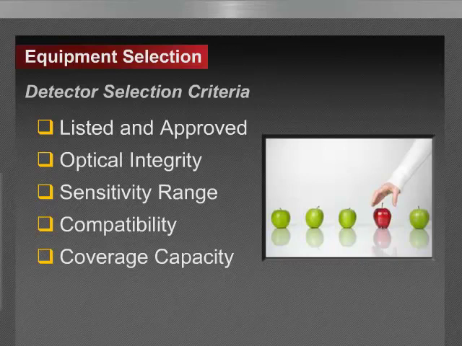So as an example, a perfect example would be selecting a detector rated for up to 8,000 square feet, for instance, and applying it in an area or object that could have been served with a 2,500 square foot rated detector. So on the flip side, imagine applying multiple 8,000 square foot detectors to serve an area that could have been served with a single 20,000 square foot detector. So it's important to size the detector for the application to achieve certain efficiencies.